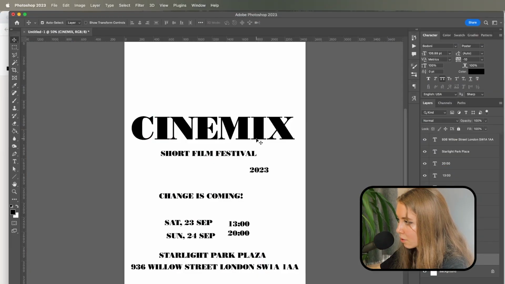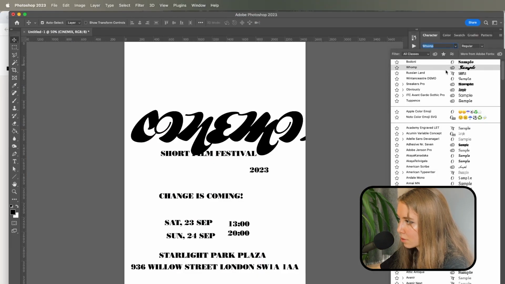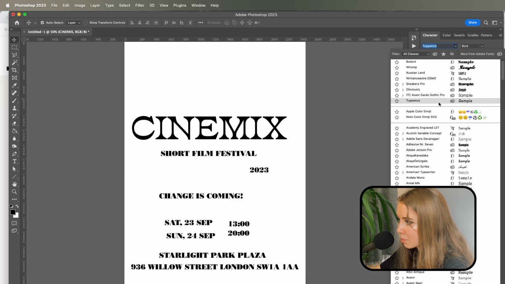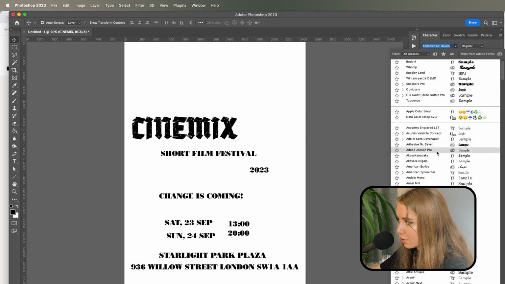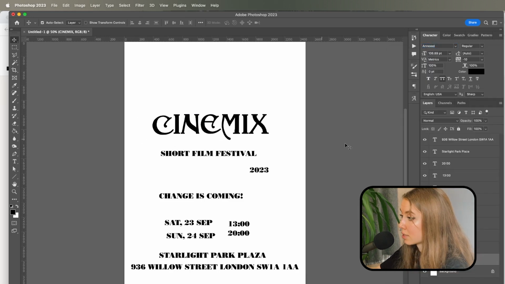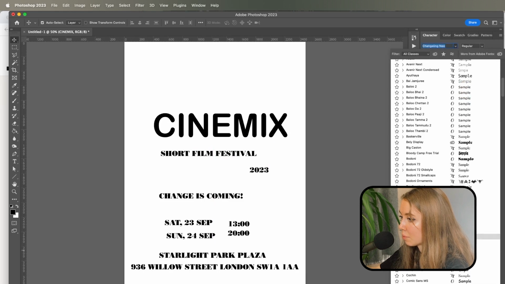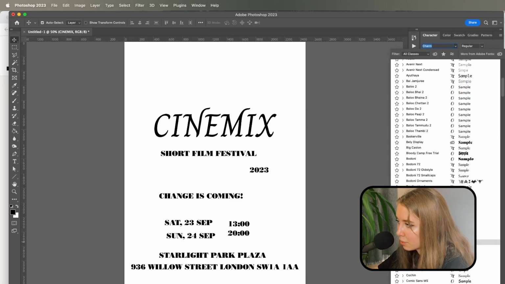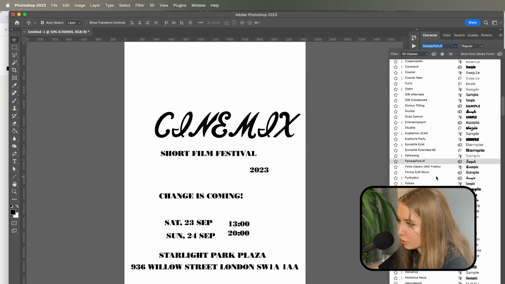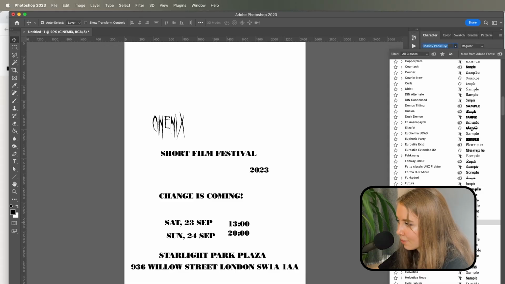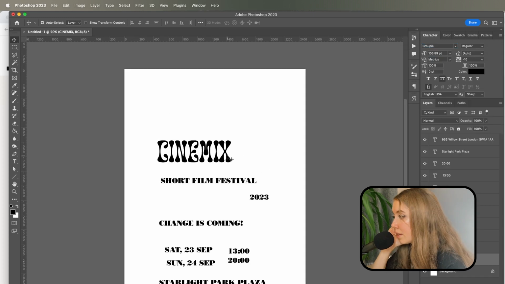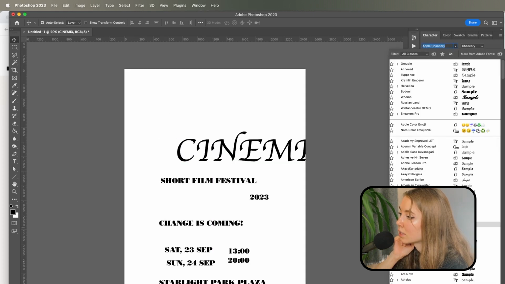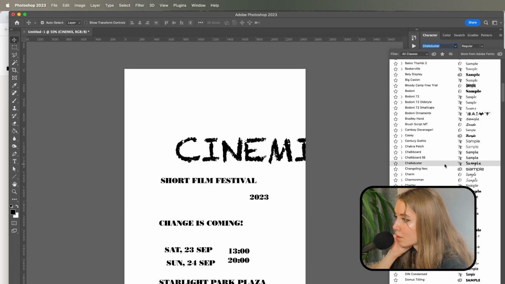Okay, so now I'm going to choose the right font for Cinemix. I want something really decorative and probably I'm going to customize it a lot, but I want a lot of decorative elements to it, kind of like what I showed you in my mood board. I'm assuming this process will take a while. Yeah, kind of like this, but not that horror vibes, if you know what I'm saying. Something like this looks quite trendy right now. This is what I'm going for, trendy and Y2K.